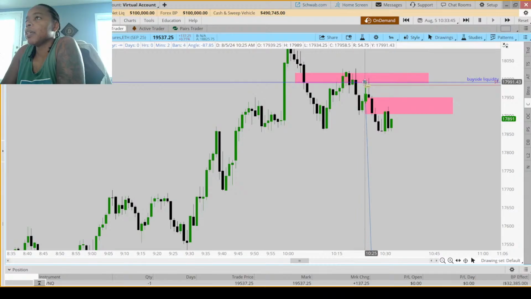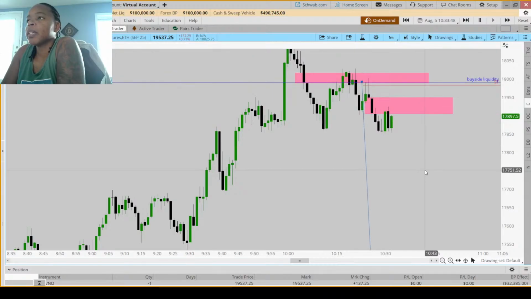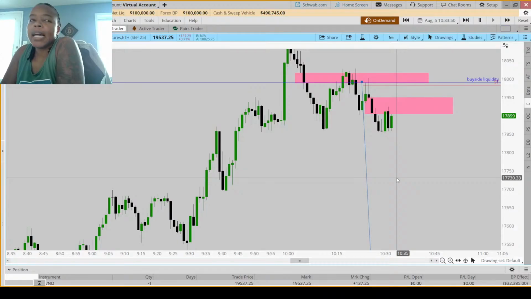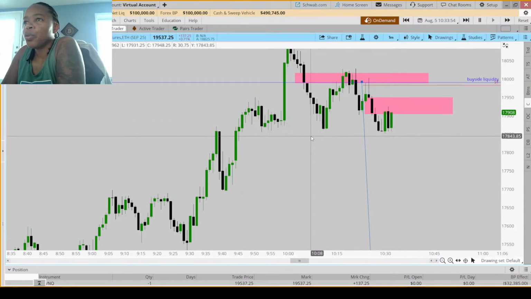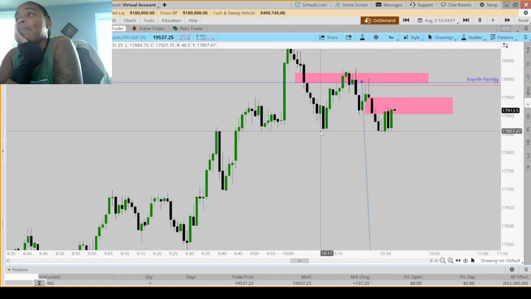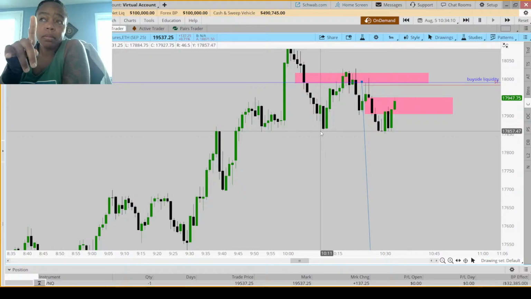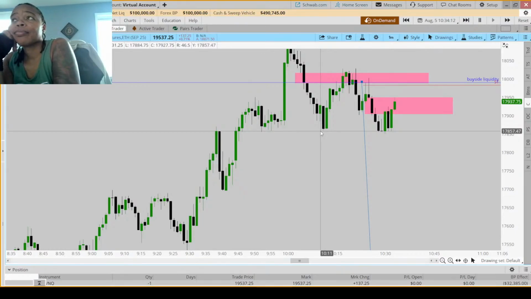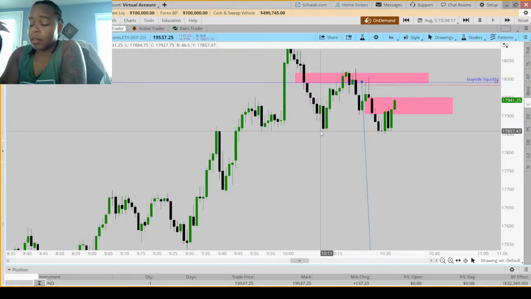My entry here, that's where I tried to put my order and it didn't let me. I don't like that it hasn't, it looks good, right? But it hasn't closed strongly. So the only line in the sand I have is that red box and the order block. And it doesn't look great. If it had closed strongly, it would look good. It didn't close strongly, so in this scenario, it looks like I'm about to get stopped out.